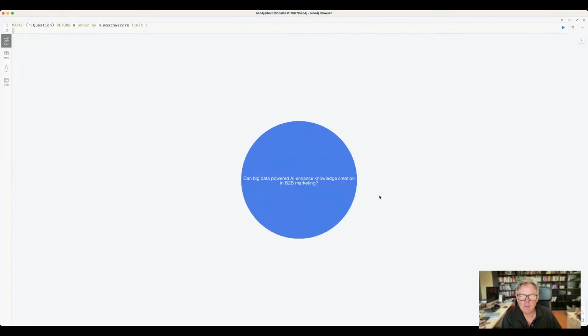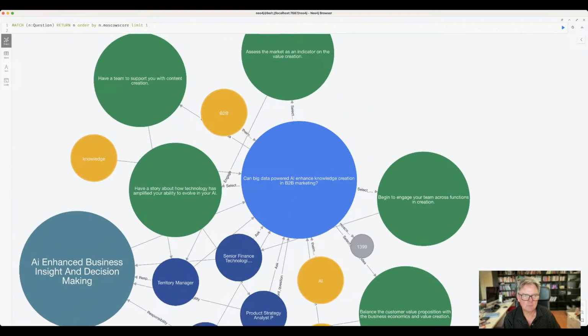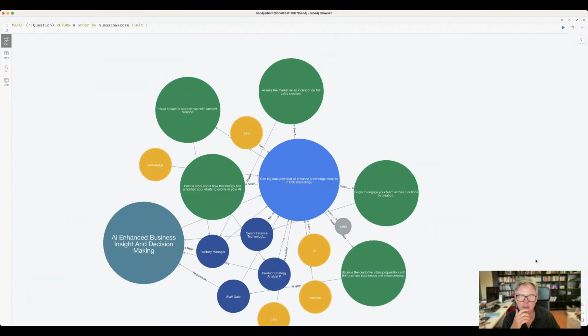The most important question to ask is: can big data powered AI enhance knowledge creation in B2B marketing? Now, why is that such an important question? Because it covers a whole gamut of areas that you need to be focusing on: AI, knowledge creation, B2B marketing, all the data that's in there. If I open this up, we get to see here what the areas are